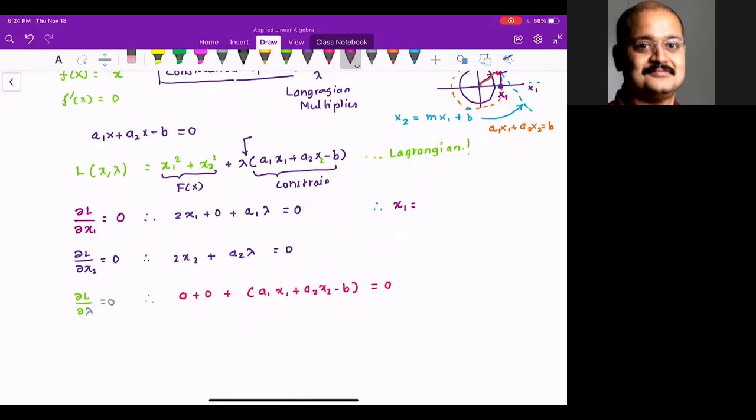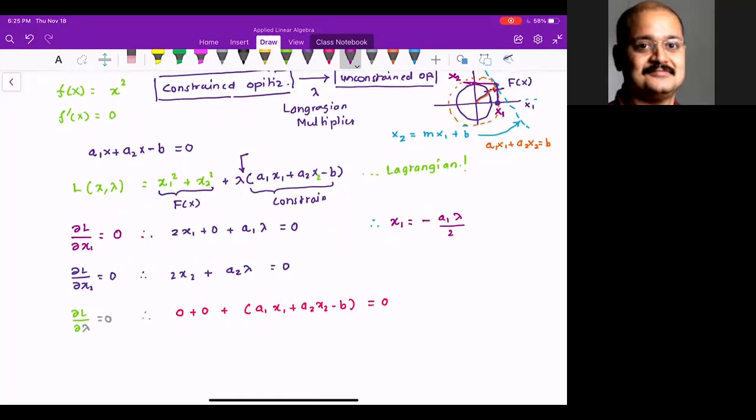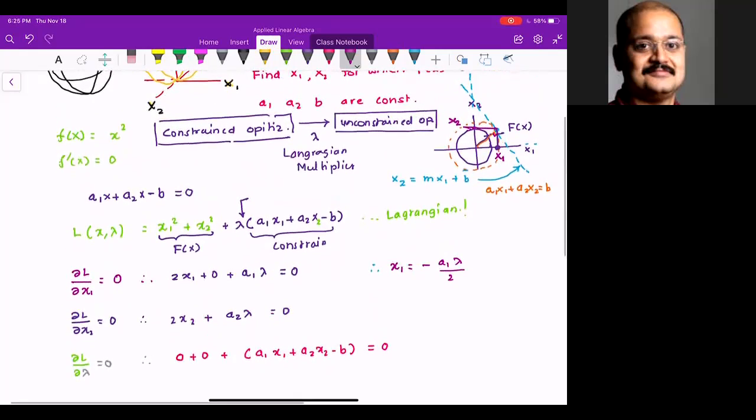To consider the same thing from the geometrical point of view, you could say that lambda is the one which decides the radius of the circle. Lambda is the one that decides the radius of the circle. Bear with me for a second, let me solve this. The radius of the circle, do you agree with me, is going to be x1 star square plus x2 star square. Okay, let's see if it is equal to lambda.